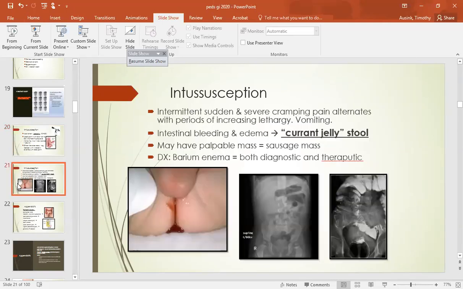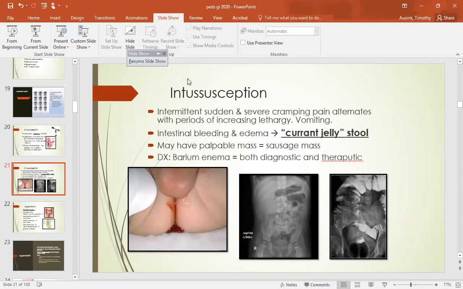All right, so what does it look like? Well, it would be very concerning if you saw that coming from a child, right? That currant jelly stool. They're also going to have what they call a sausage mass on X-ray, and it's palpable. So when you hear that, it basically means the whole colon is big and huge, all right? The barium enema is your diagnostic test of choice for a bleeding intussusception caused by Meckel's or caused by intussusception,